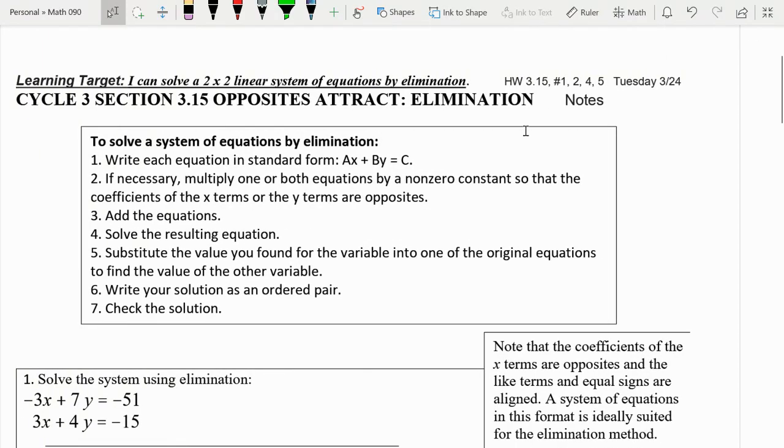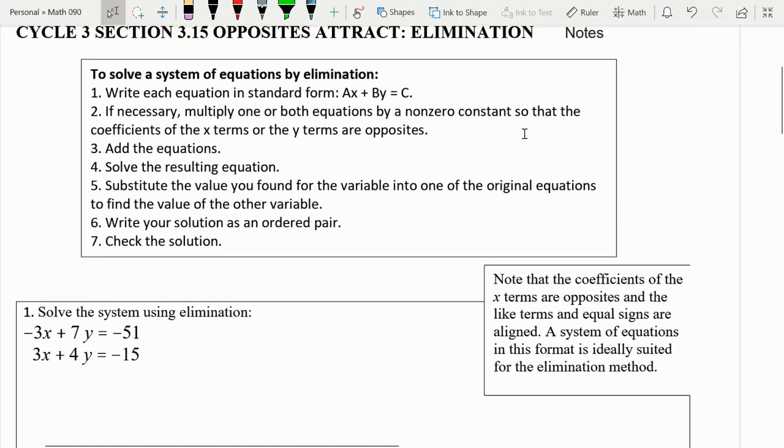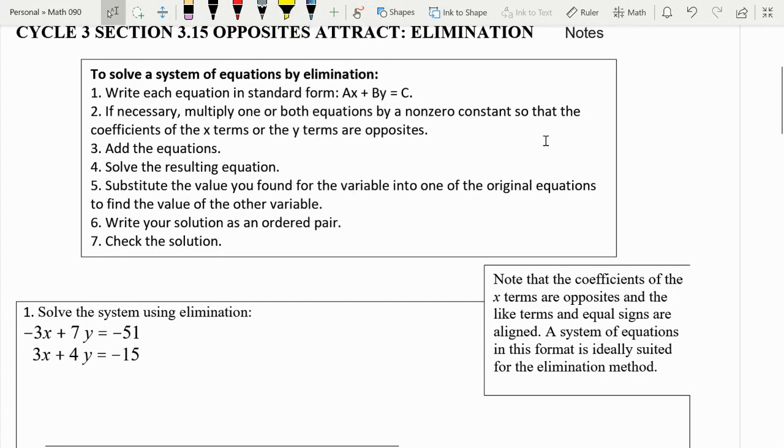Alright guys, so here's section 3.15. We're still going to be working on systems, but if you look at this, you'll notice that this time when we're looking at these problems,